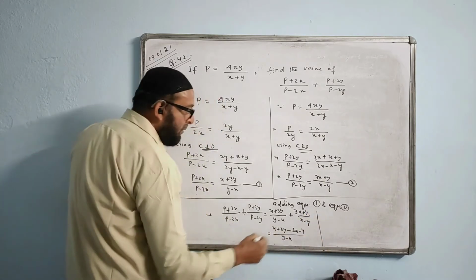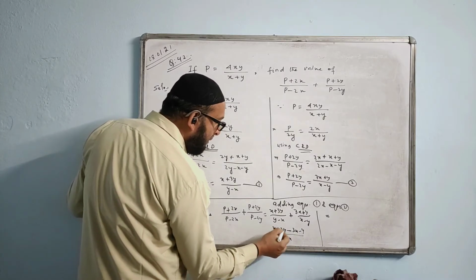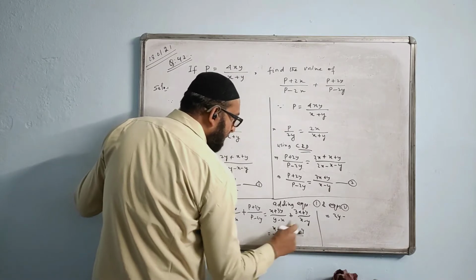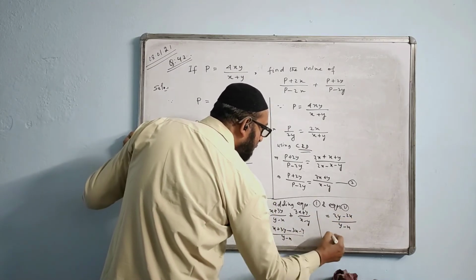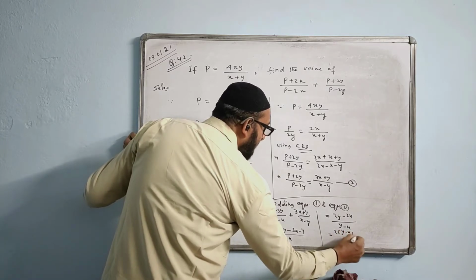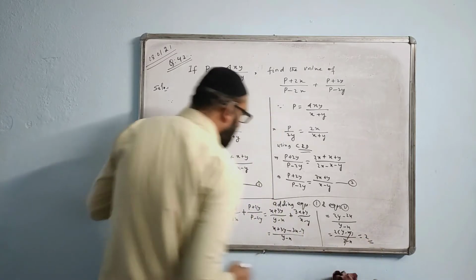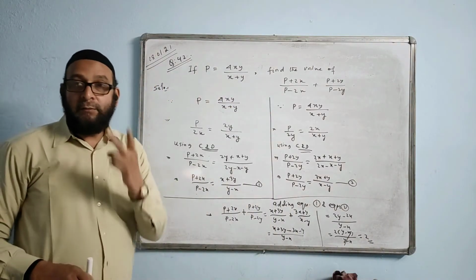Now we will subtract. We continue with this one now: x minus 3x, and 3y minus y will give the answer 2y. This will give minus 2x by y minus x. Take 2 common: y minus x by y minus x. Answer is 2. The answer for this question will always come 2.